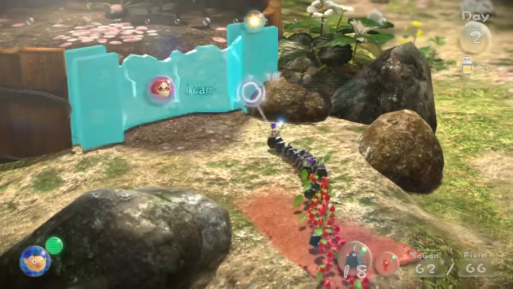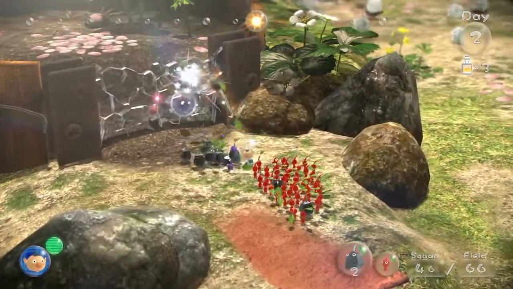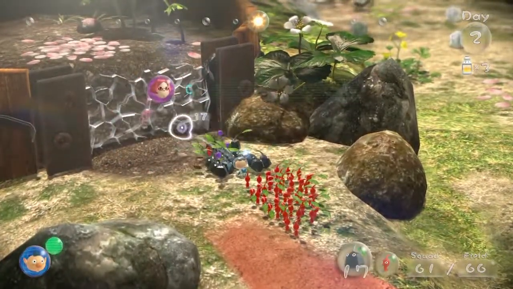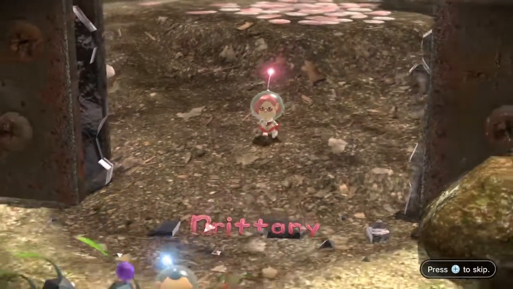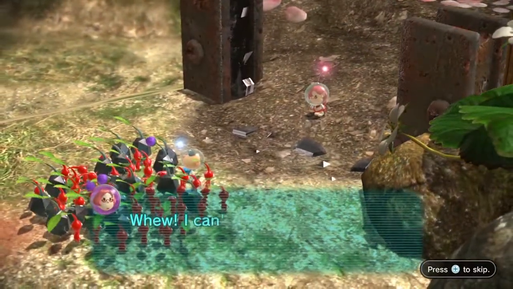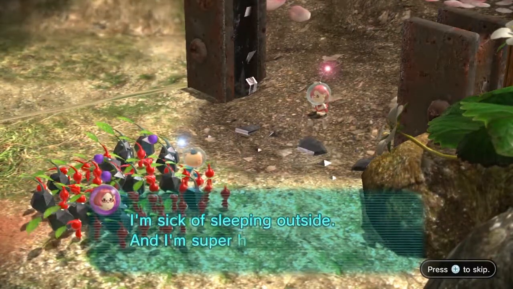So Brittany's over there saying dumb stuff, and it's kind of obvious I need to break the wall to get to her. I accidentally threw a red one right there. But yeah, I believe it takes roughly 25 hits to open up. So now with Brittany in my possession, if that's a proper way to use that phrase,